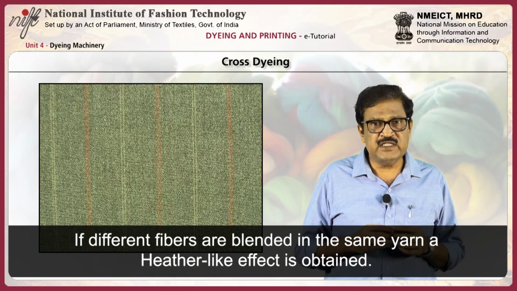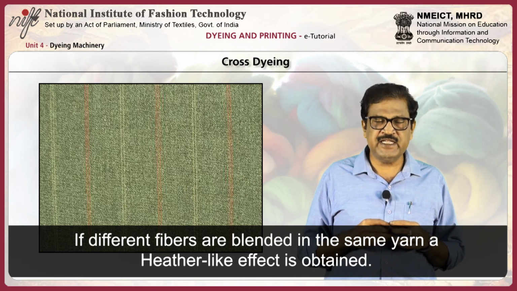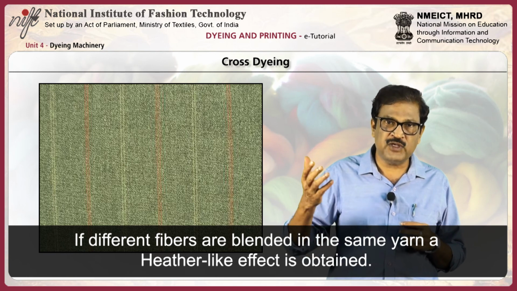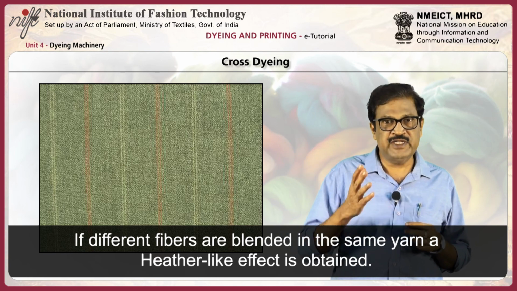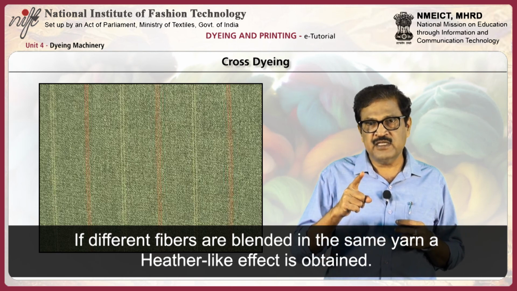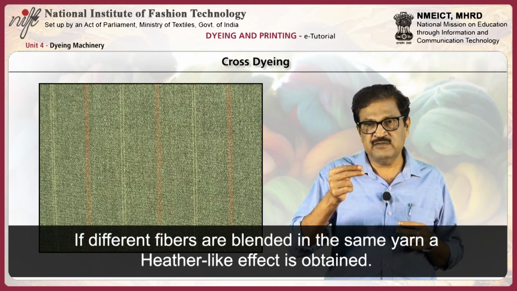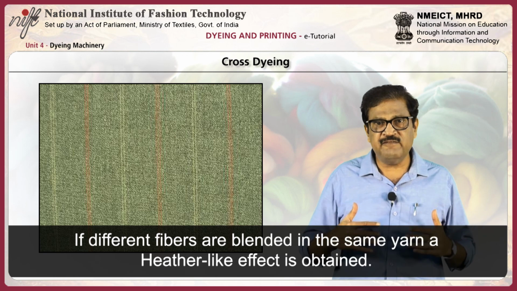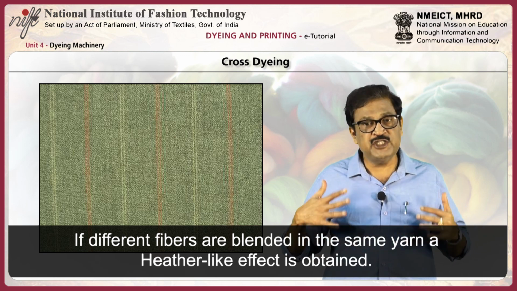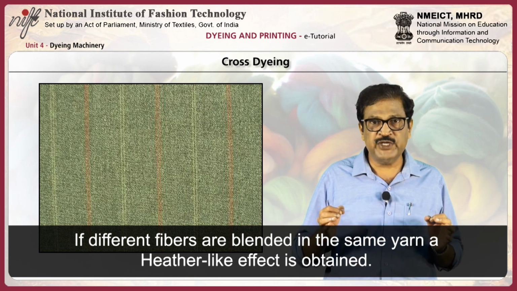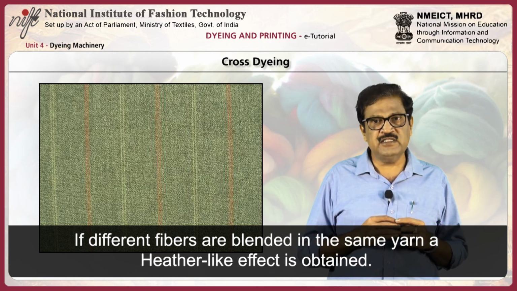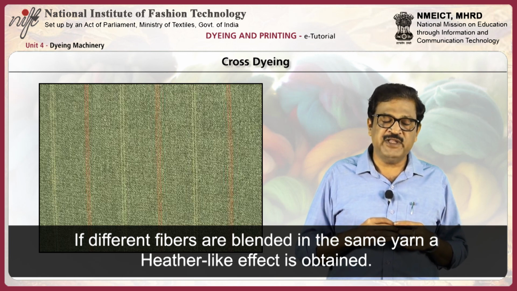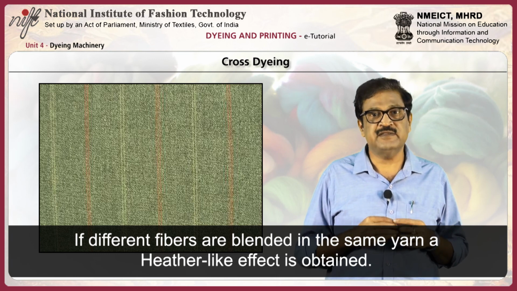Let me explain what a heather-like effect is. In this case, the fibers are colored in different colors. The different colored fibers are processed into yarn during the spinning process. That yarn has the different colored fibers randomly oriented. When you convert this yarn into fabric, the resultant fabric has randomly distributed colors on its surface. This is what you call a heather-like effect. This is one fashion effect which is normally used for winter jackets, and for fabric which is used for melton.